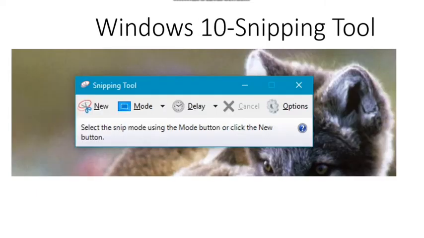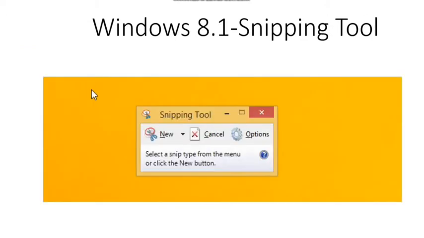In Windows 10, the snipping tool has a mode and a delay button that are not found in the snipping tool from Windows 7 or Windows 8.1. That is the difference. Other than that, the snipping tool from Windows 10 is the same as the one in Windows 7 or Windows 8.1. We'll talk about these two small differences along the way.